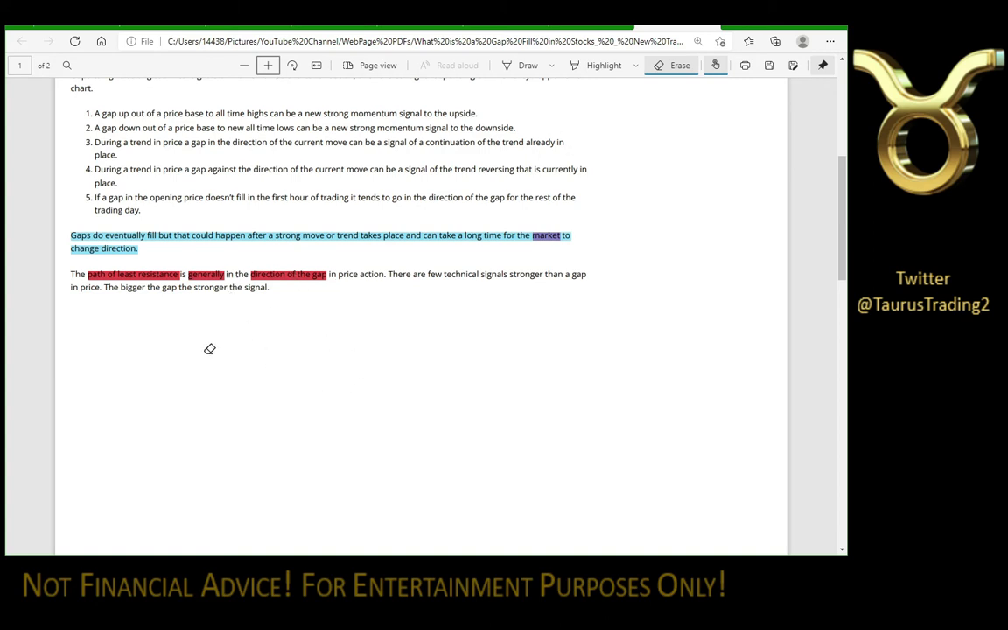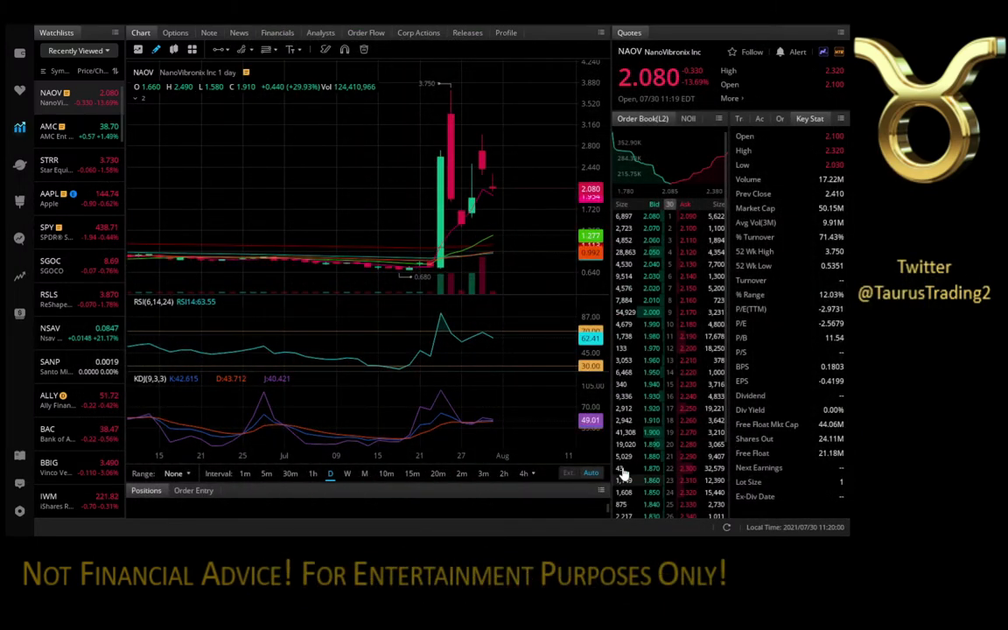Let's go over here to the chart that I have pulled up for Nano Vibronics. That's been popping off a lot lately, right? And you can see the literal gap right here in the chart. And you can see that it did get filled right here with this candle 2 days later. So it gapped down on the 27th and